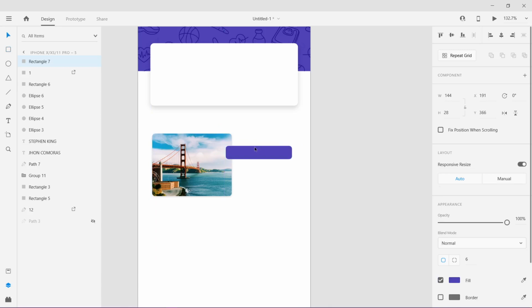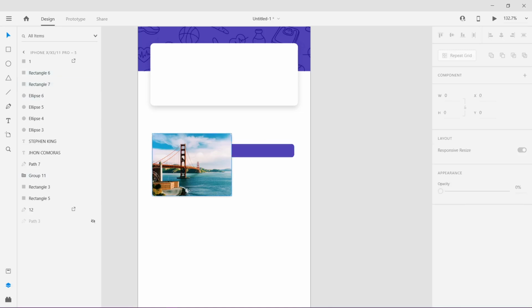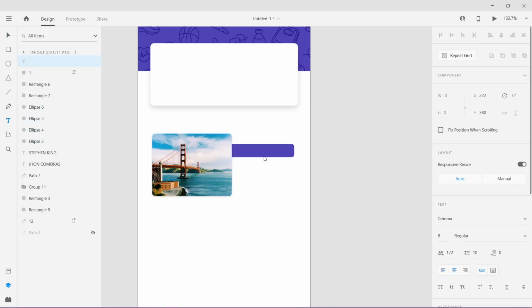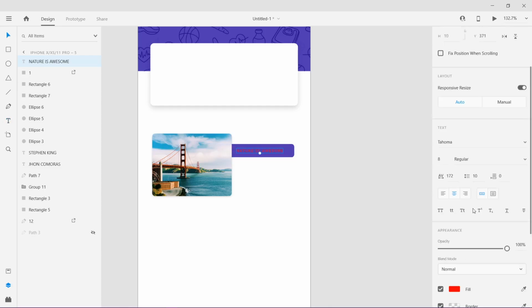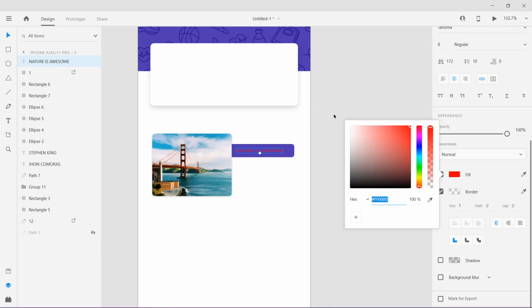I'm going to put it back to this particular rectangle, so that's how it works. Here I'm going to say, nature is awesome. Here in this I'm going to give an